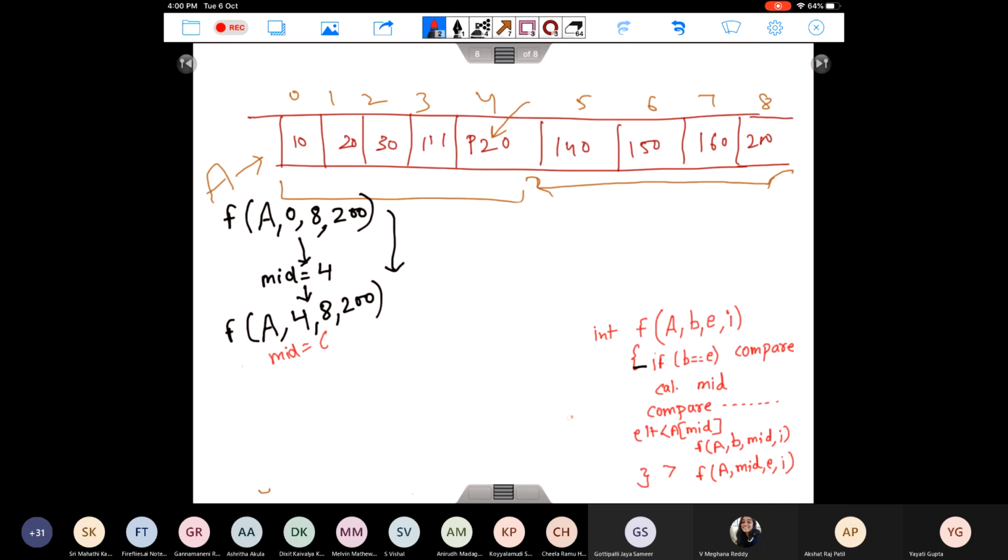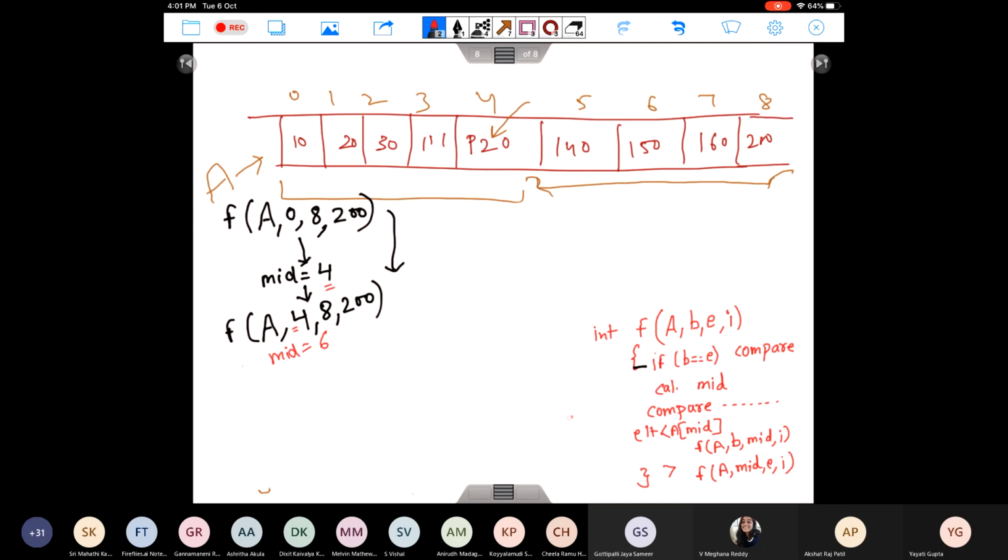Let's say mid is 6, right? You can look for these exact calculations, how you exactly find mid, and you can do some small changes here. Since I have actually seen that the value is not present at a of 4, I can start it from a of 5. So you can actually set it to mid plus 1 also. You can make those smaller changes yourself. I'm just telling you the basics of it.